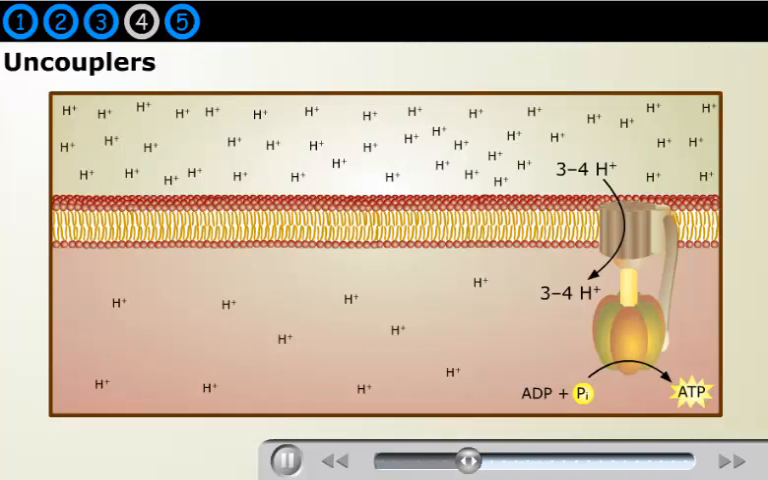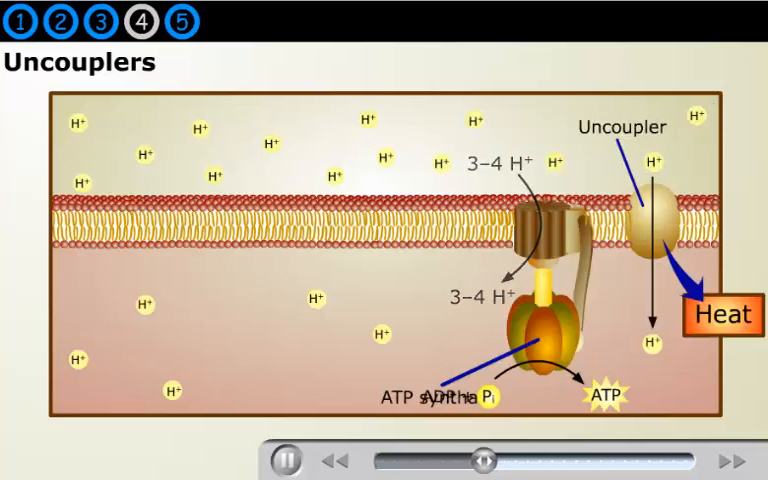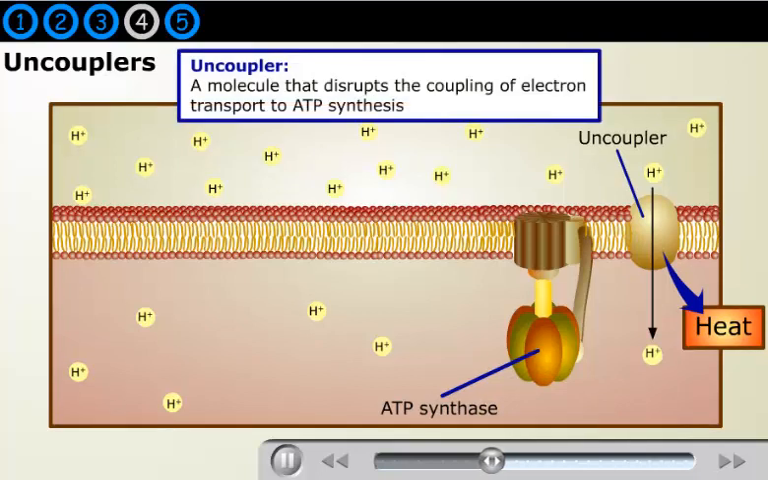Inhibitors are valuable research tools. These molecules are often used to study enzymes and have important applications in the development of new drugs. One class of inhibitors disrupts the coupling of electron transport to ATP synthesis. They're called uncouplers. Unlike inhibitors that bind to specific enzymes, uncouplers are hydrophobic molecules that carry protons across the inner